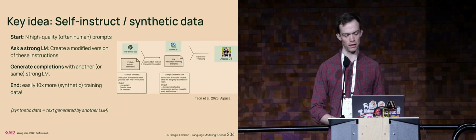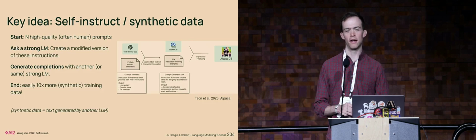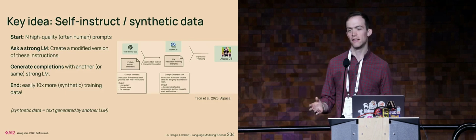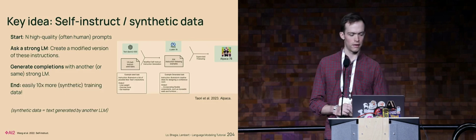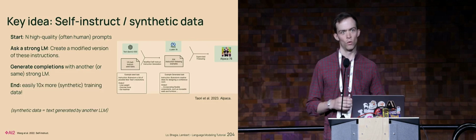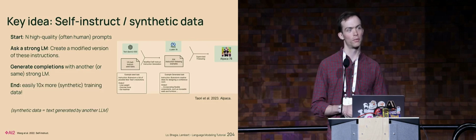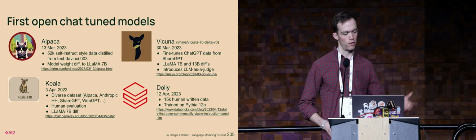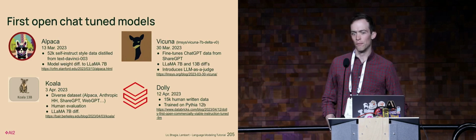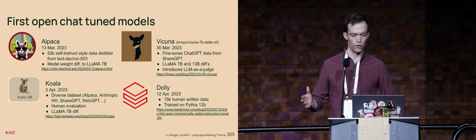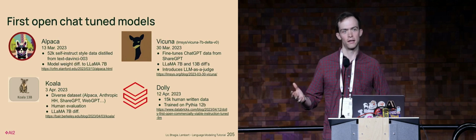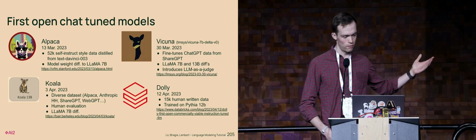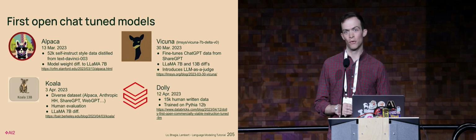What the community has been doing extensively is building synthetic data either in the forms of prompts or completions to expand instruction data sets. And this has been seen time and time again to be successful. I think one of the nominal works is one called Self-Instruct, which is around expanding prompts and completions that came out before ChatGPT. And then this led us to a bunch of models that you're probably familiar with, these names. Good instruction tuning and synthetic instruction tuning was the foundation of training chat models and instruction following models in open. So these are all about a year and a half old now,